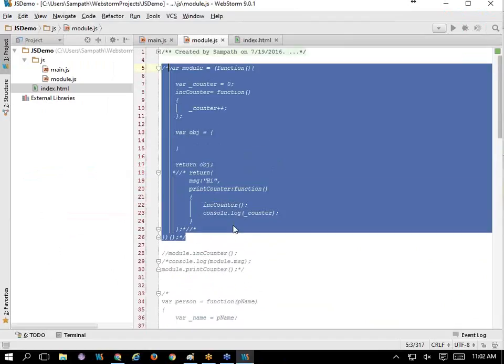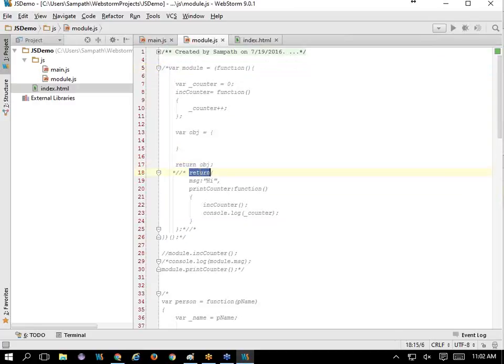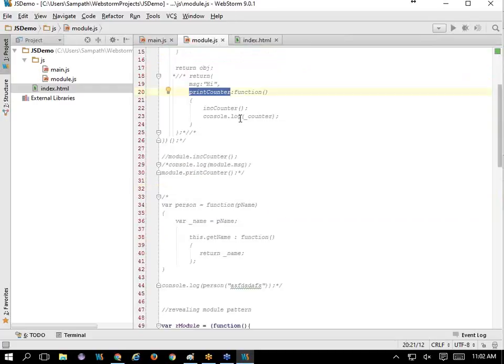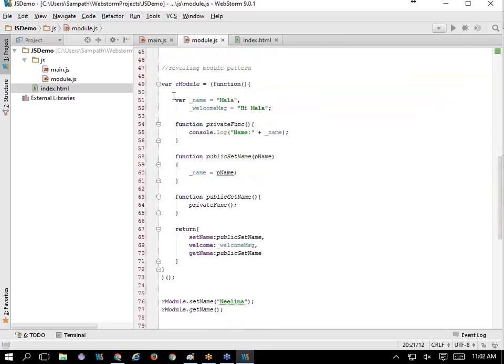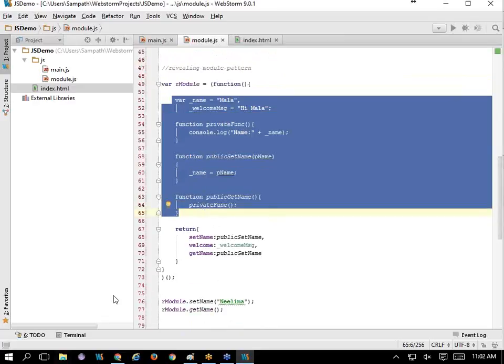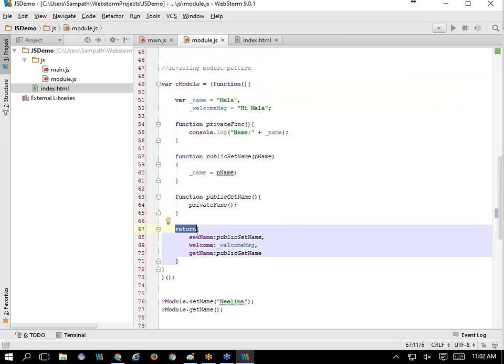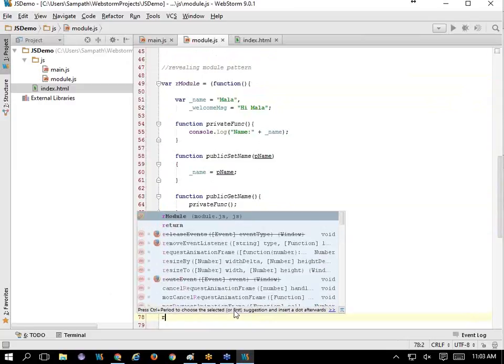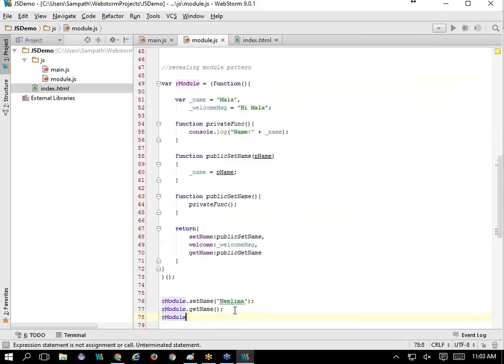So simply, if you see, the module pattern says that when you are returning an anonymous object, within that return statement, use your object literal notation, write your public functions and public variables that you want to be accessible outside. Those public methods can in turn call the private methods, but your revealing module pattern says that everything in your module should be privately owned. When you are returning an anonymous object, at that time create some references that should point to those privately owned functions that are doing the calculations within your module. So whatever you want to access, you access by the usage of the reference variables which are referring to the privately owned functions. So now let's say if I say dot welcome,